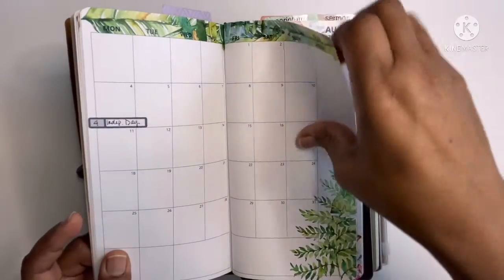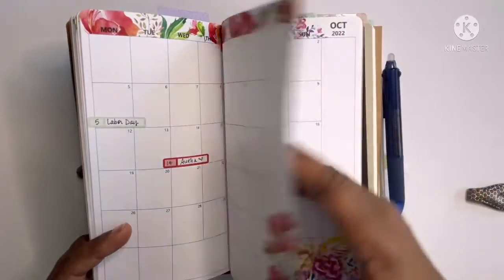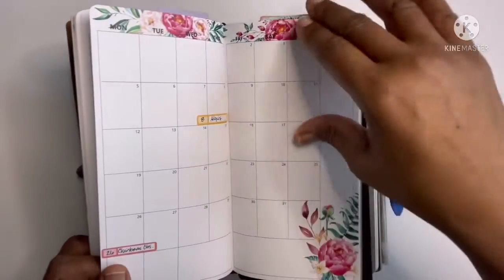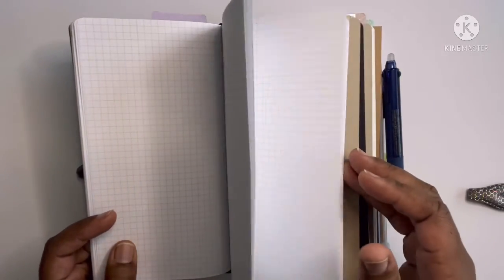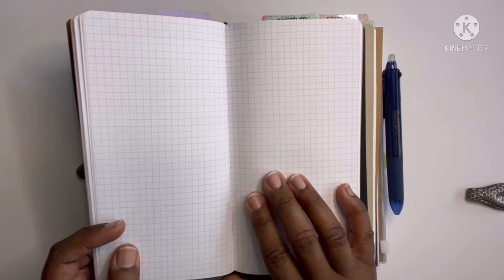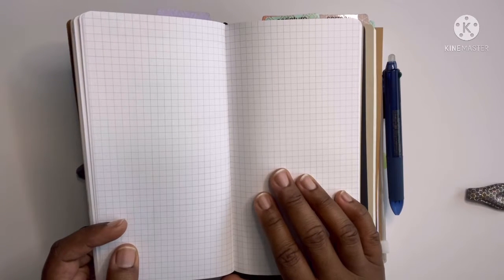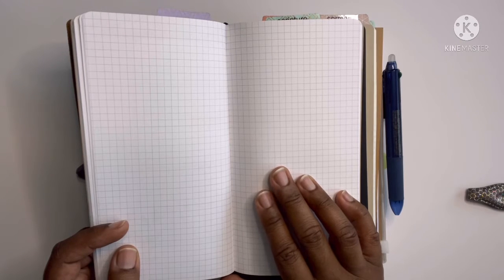All of that. And as I said, it goes all the way to December. And then it has some trackers, or it has grid pages, which I used to use as trackers. But I quickly realized that I don't really need trackers in here. This is for my faith walk, my faith journey, for me to use as I need and as I see